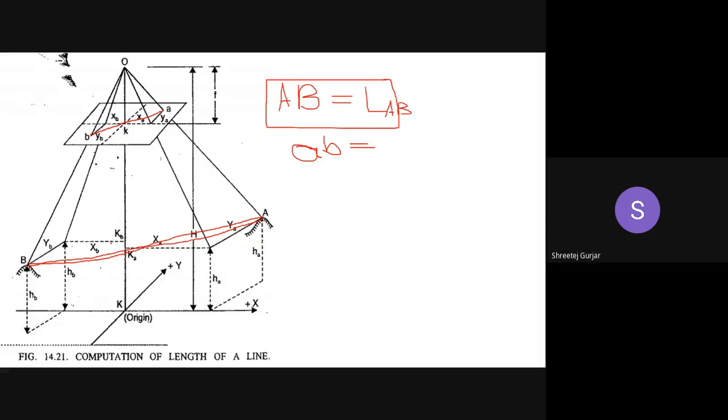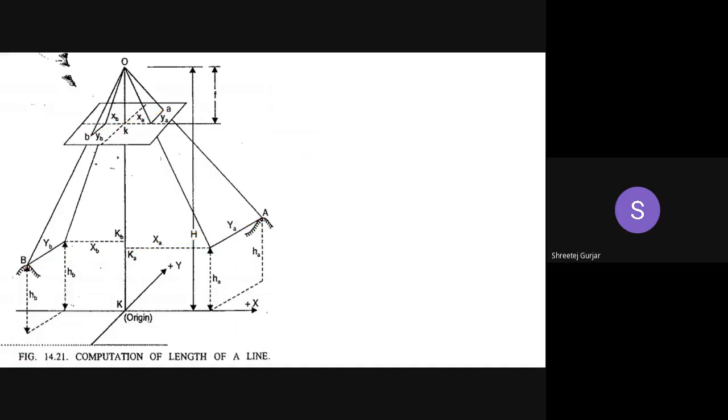What we have to do is apply the Pythagoras theorem and derive this particular equation. You can see if I join this particular line, this distance, I will draw it clearly. This point KB, which is here, and this point B, just join these two using a straight line. You can see this is the triangle which you see over here.